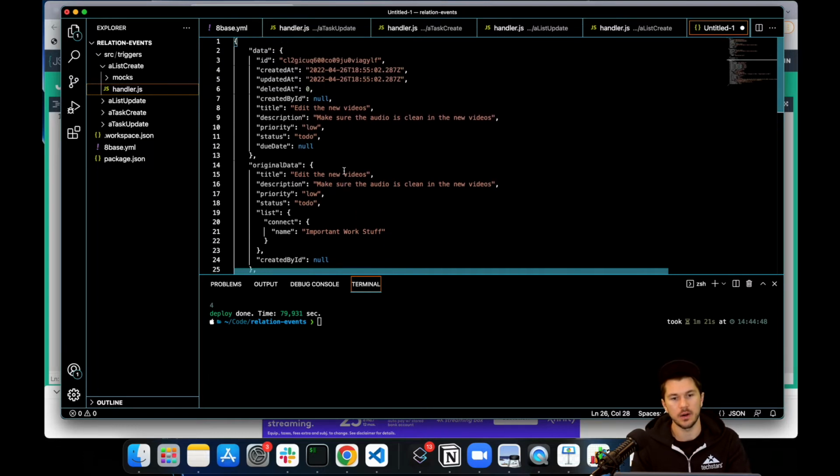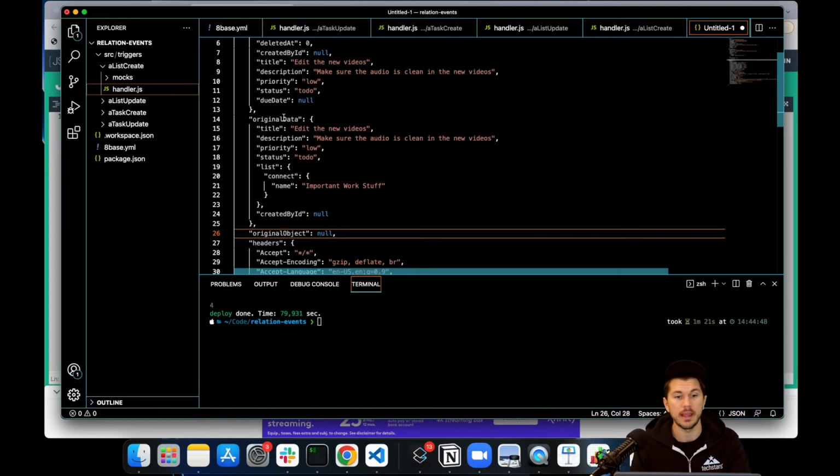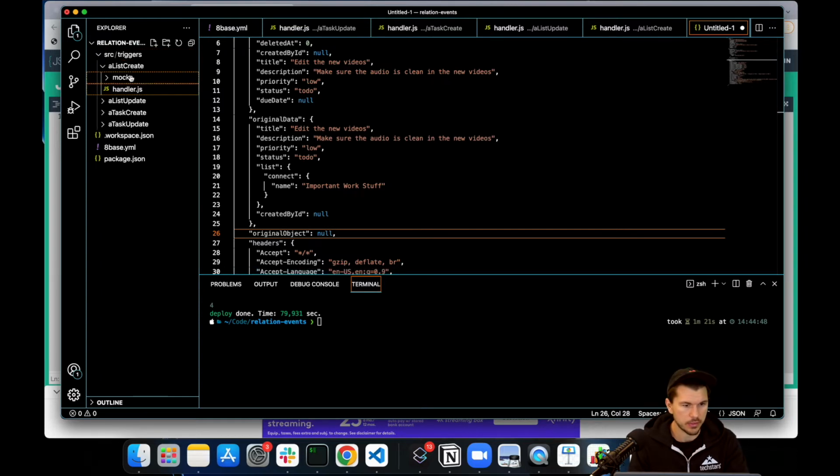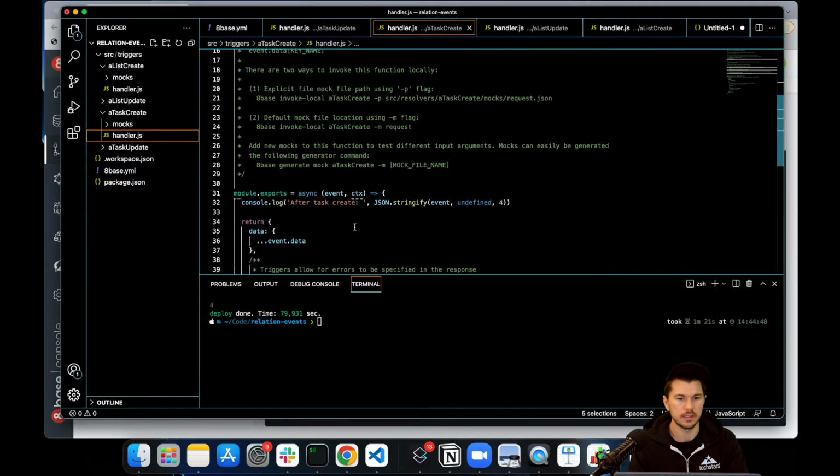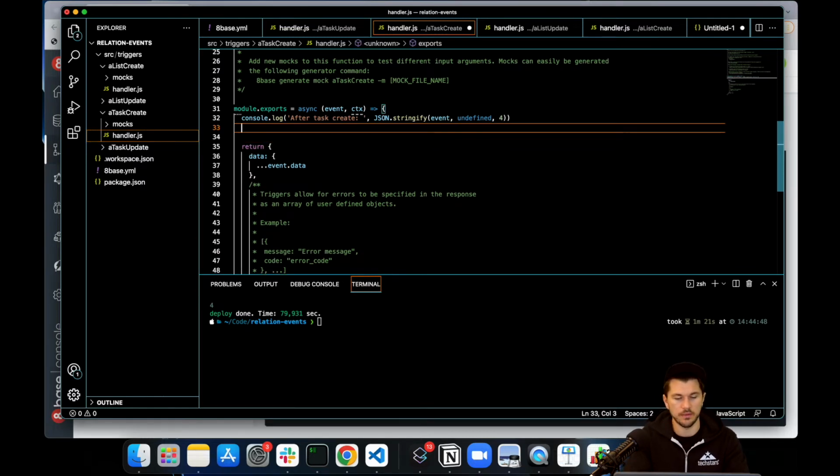So inside here, what's really important now is we know that if we submit a task create operation and we are connecting it or disconnecting it, or in this case connecting it or creating a list through that operation, we can look for original data list connect to detect that event. So if I went back into my task create function here, I now know that inside of here, if I wanted to detect that event, I could say, okay, well, if event dot original data